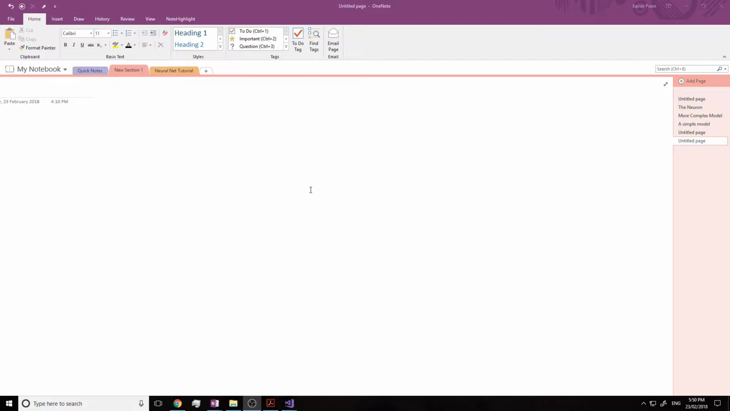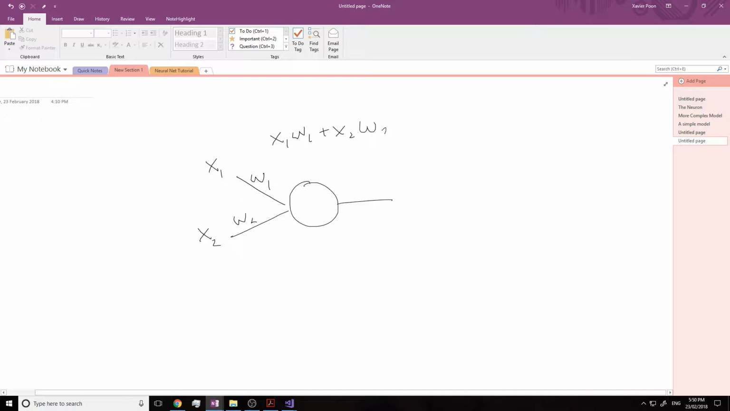So let's get started. So here you have a neuron with one output and two inputs. Let's denote the inputs as x1, x2, and its weights are w1, w2. So if you go x1 times w1 plus x2 times w2, you get the logit of the neuron, and that's z. Now z is just the net value, and so let's write z here, and to get from z to the output of the neuron,